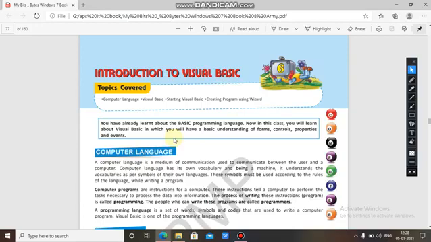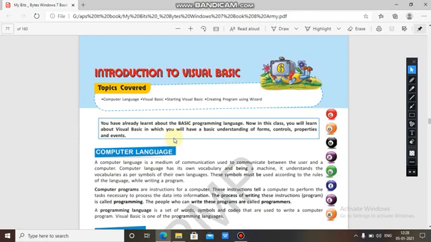A computer language is a medium of communication used to communicate between the user and a computer. When you want to communicate with some person, we have a language, either Hindi, English, Punjabi, Nepali.